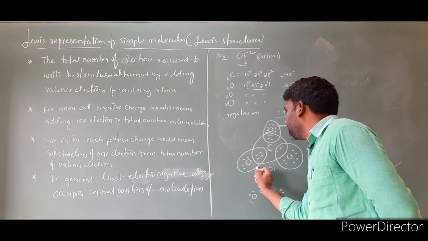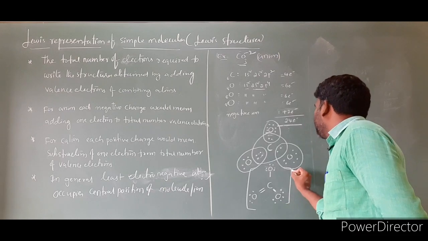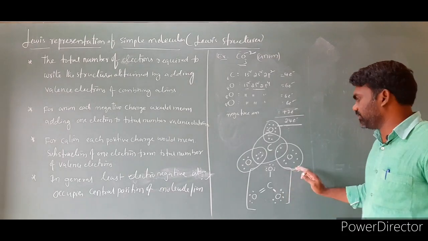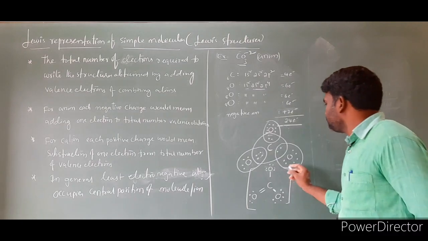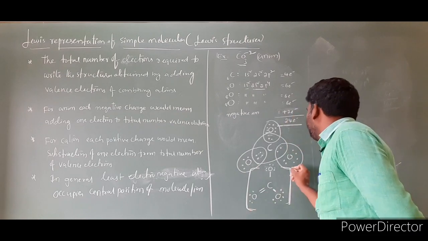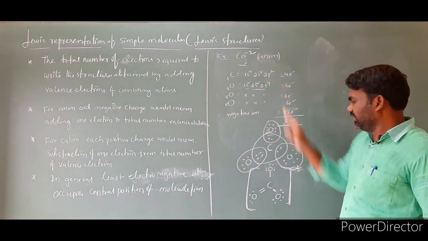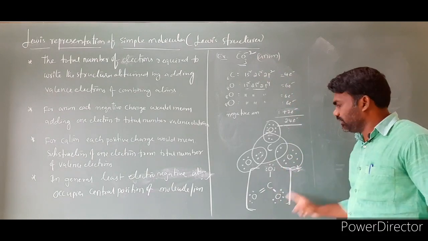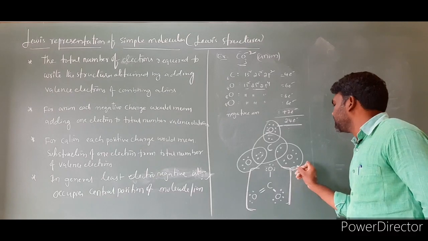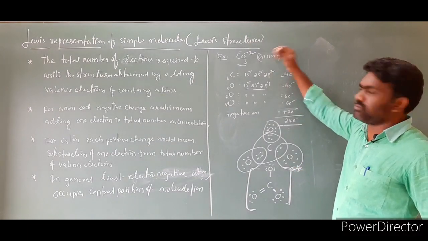Now negative charge is there. Enclose this entire molecule in a square bracket. Upon this you can write -2. So place is not sufficient, I am writing like this: -2. So why do you write -2? Because CO3 has this negative charge belonging to the total molecule. So we are taking the whole as -2. This is a CO3 2- ion.